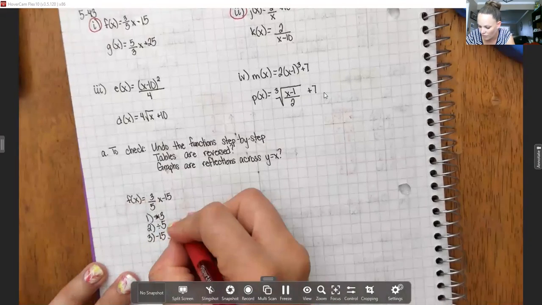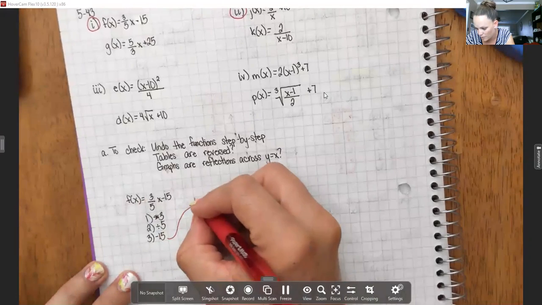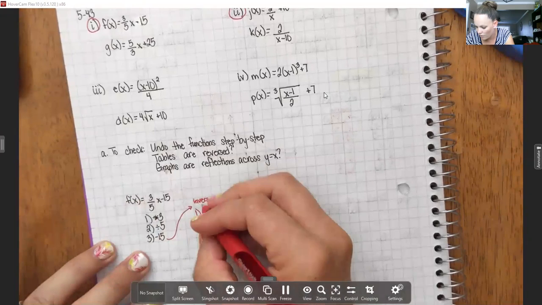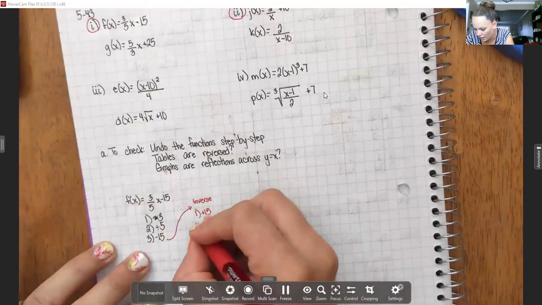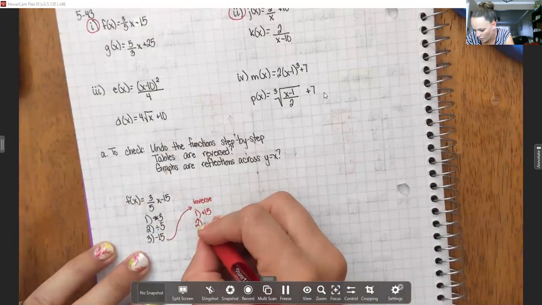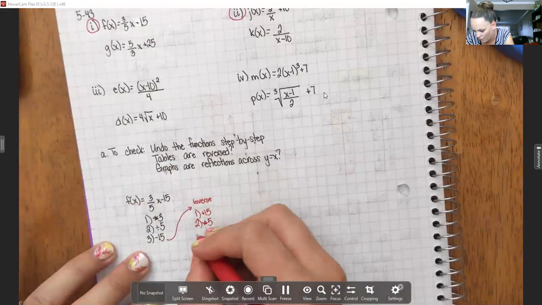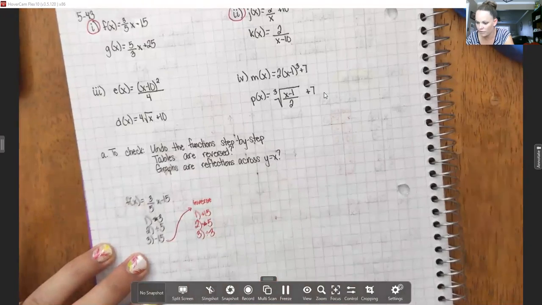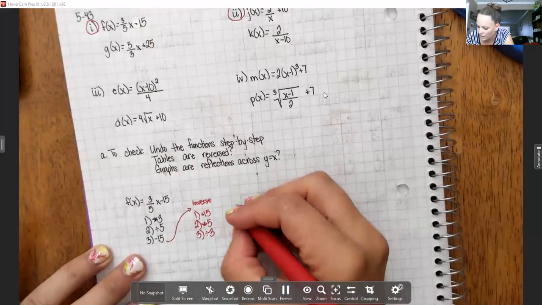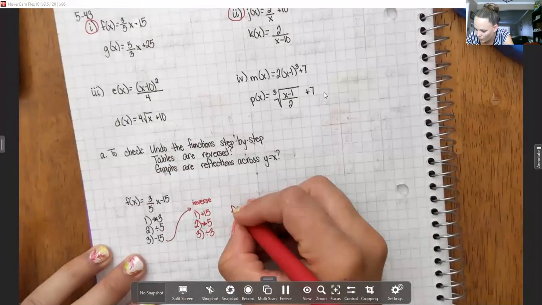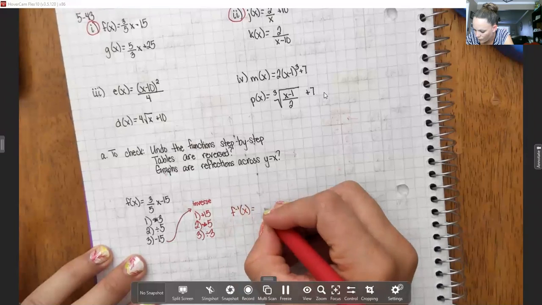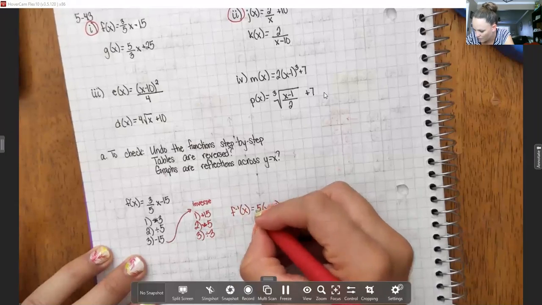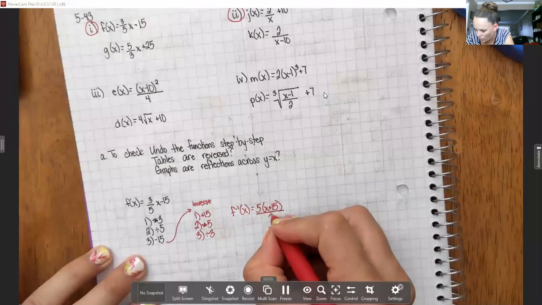So for the inverse, the first step would be to add 15. Then we would multiply by 5. Then we would divide by 3. So this equation is x plus 15 times 5, all divided by 3,